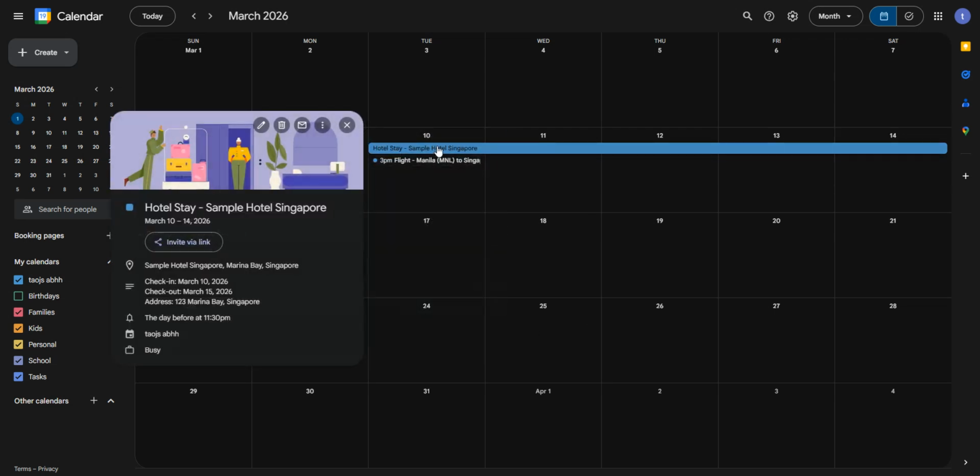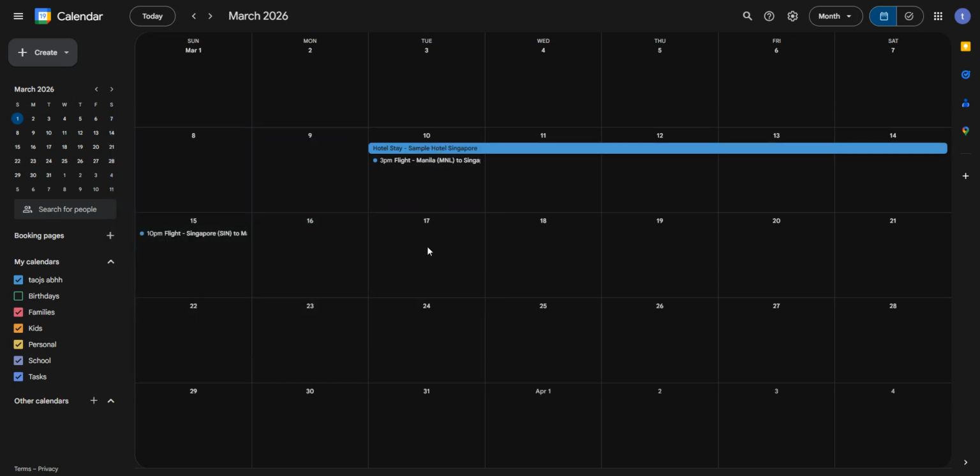That's it. You've exported your itinerary from Expedia and imported it into Google Calendar, so your trip details are easy to find alongside your regular